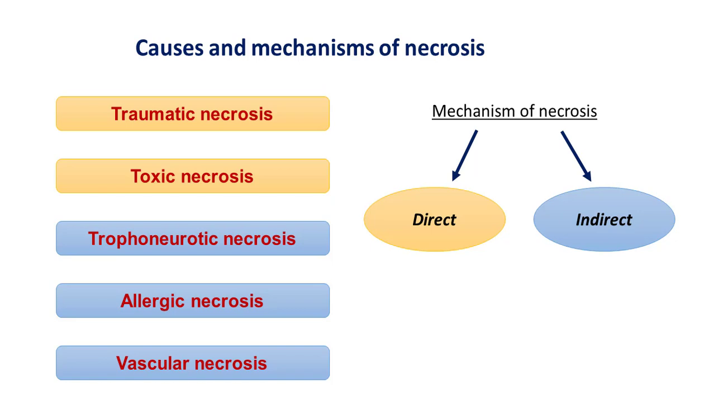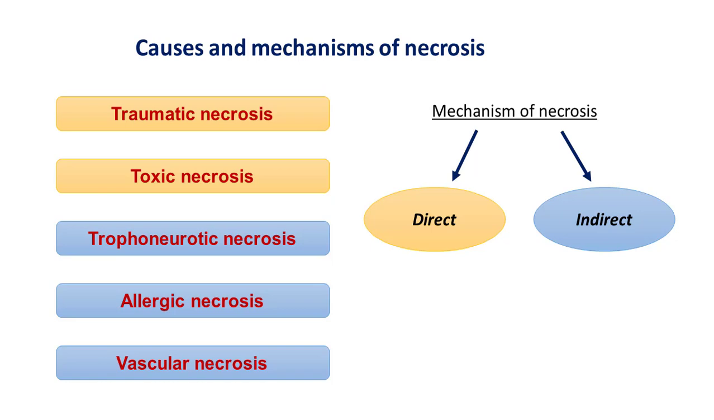The causes of necrosis are the same as of degeneration, and all the causes could be divided into physical, chemical, or biological agents. Based on the causes, necrosis is divided into five types. This is the so-called etiological classification of necrosis. We distinguish traumatic necrosis caused by any physical agent, toxic necrosis caused by any chemical agent, including poisons and some drugs,